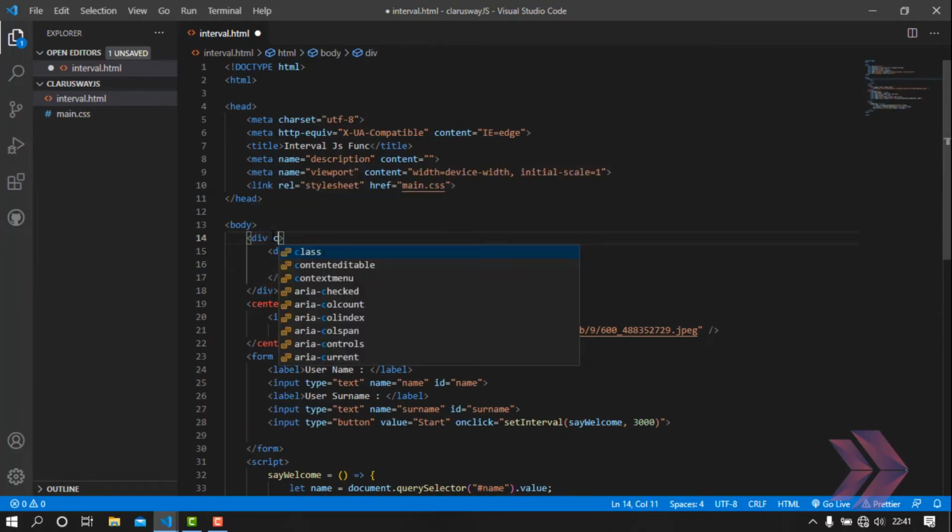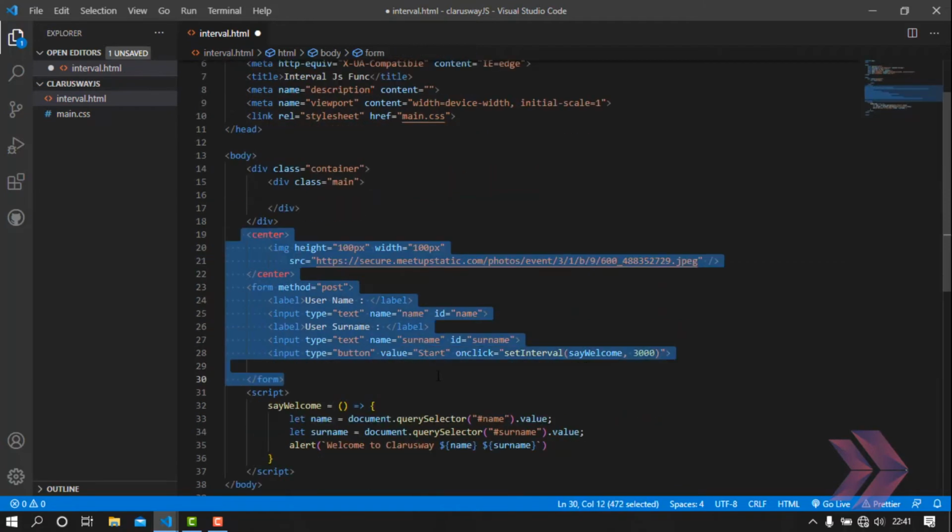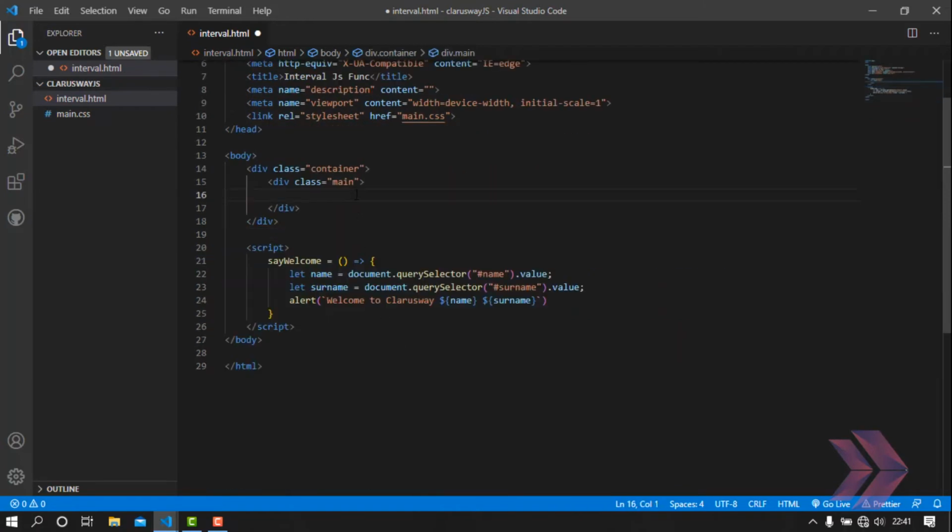I will paste my form and image HTML text. I will copy like this. Okay,